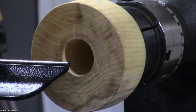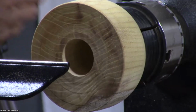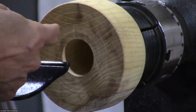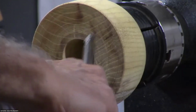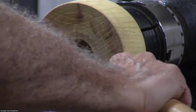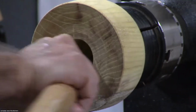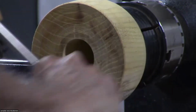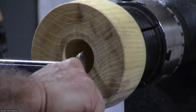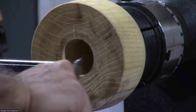Yes? Okay, so when you're hollowing end grain, your grain is this way. So to turn downhill of the grain, your tool has to come in to the wood. In other words, if you could put your tool down here without drilling a hole, you could hollow out that bowl just the same as you would a bowl. But